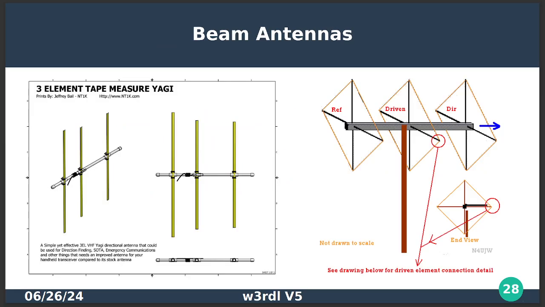Okay, so here's your 3-element Yagi, and these ones right here were built from regular old Stanley tape measure. They're using a piece of PVC pipe with a cap at each end and making the connection right there. And this is a common antenna to be used for direction finding. And while we're talking about Yagis,